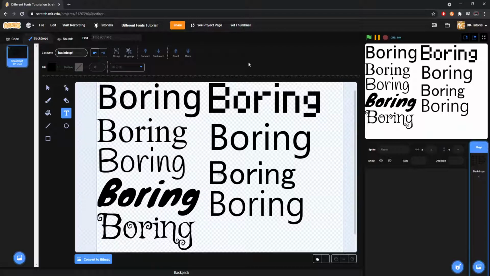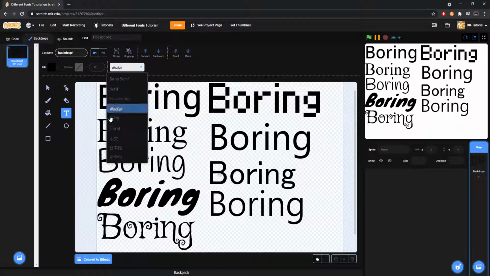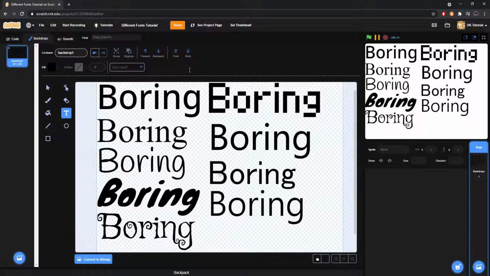But have you ever thought, what if I want another font? What if I want a font that isn't one of these? What if I want a font that's unique? But I can't because Scratch only has these kinds of fonts. Well, if that's what you're thinking, you've come to the right place because I'm going to show you exactly how